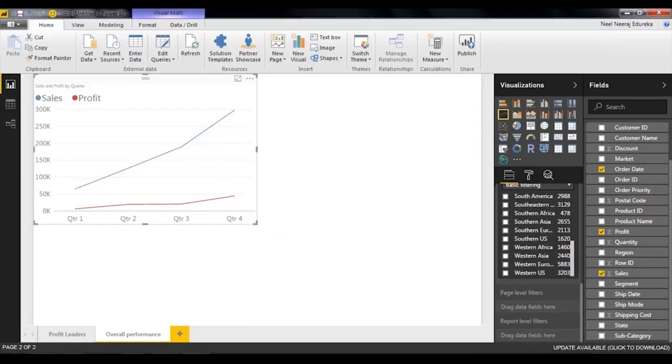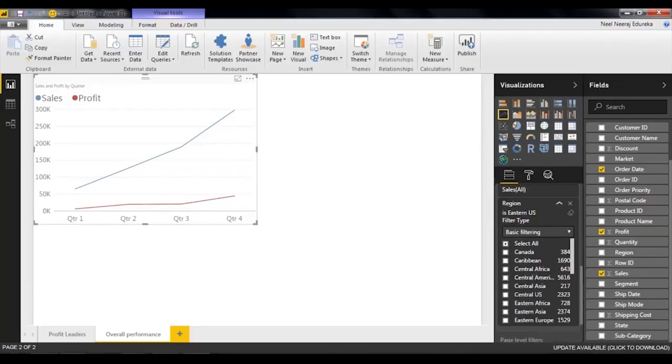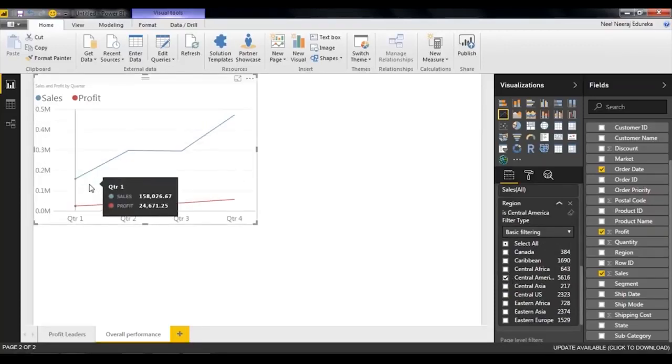Okay, so this helps me identify which are the regions that are not doing well and which are the regions that I can put my interest to or market my products more. Okay, so if I again come back here, if I say Central America, you can see here it is not a normal growth. So I had